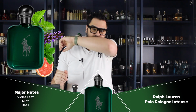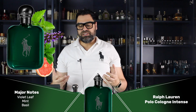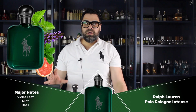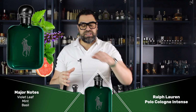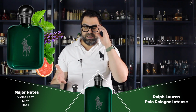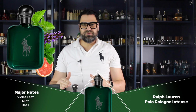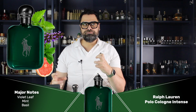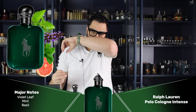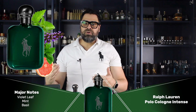Lots of mint now, which I love, minty fragrances. This is a spearmint in this release. Well done, but it's not a standalone note. There's a lot of mint-based fragrances, like Roadster from Cartier, an excellent mint-based fragrance where there's not much back in it. I know there's a patchouli in there and all that, but this fragrance has a lot more of those herbs